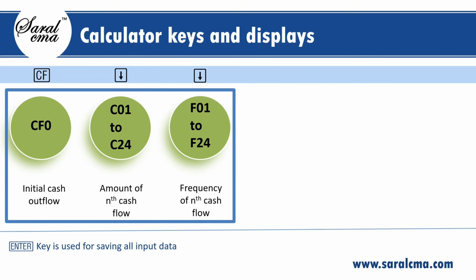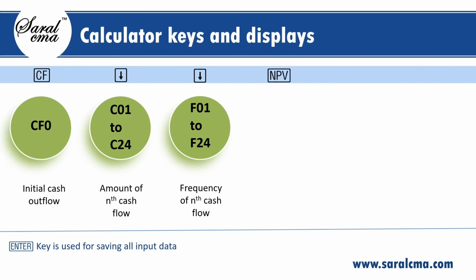These three key presses marked in green are used to input cash flows that are needed for calculating NPV and IRR. The NPV key is located on the second row from top in the calculator. When NPV key is pressed, one gets to see the letter I on the display panel. Here one needs to input and save interest rate. Even though interest rate is a percentage, one need not put percentage sign while inputting the rate. When down arrow key is pressed after NPV key, one gets to see the letters NPV on the display panel.